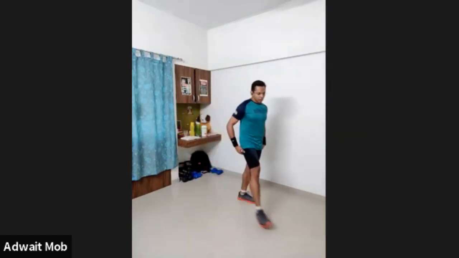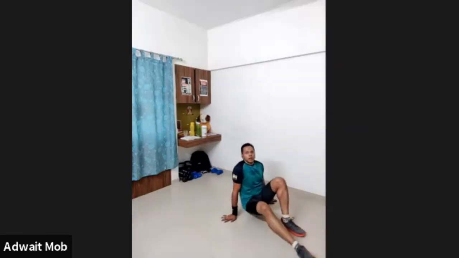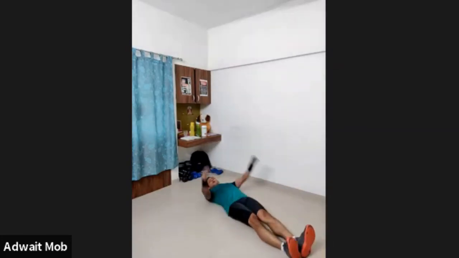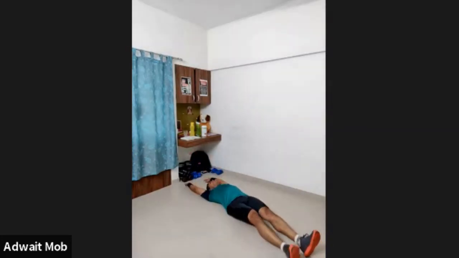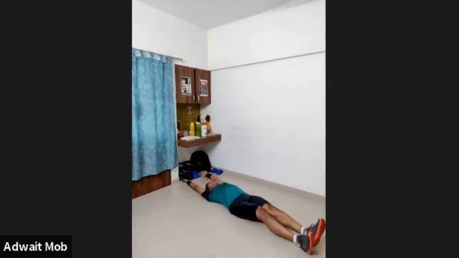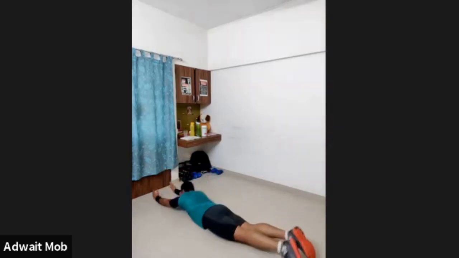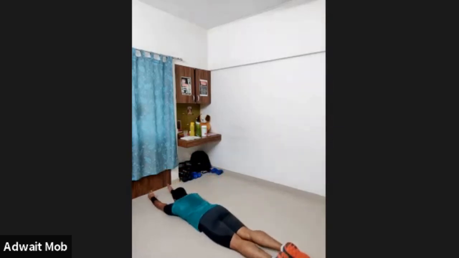Now we are going to do some core agility exercise. This is the last exercise before we end. For that, just get down. First watch what I'm doing. Without using my hands and legs, I'm going to turn on one side and get on my stomach.